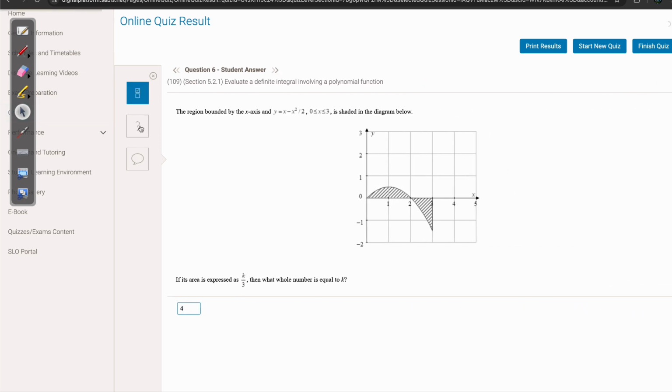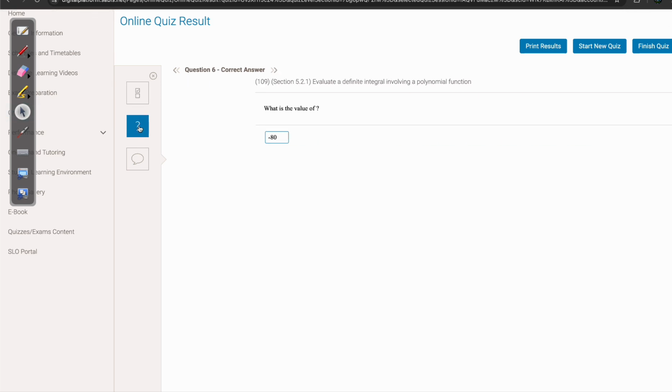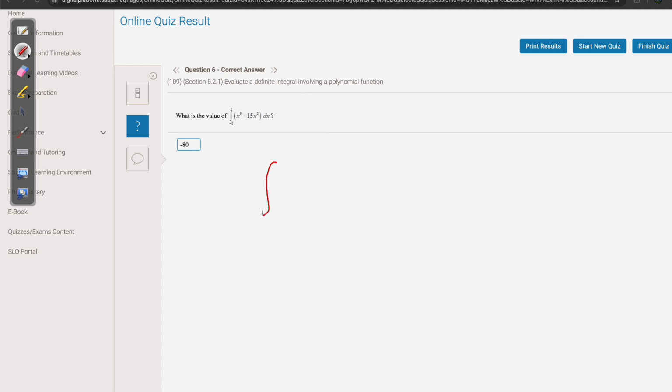Number 6. What is the value of the integral from negative 2 to 2 of x cubed minus 15x squared? Okay. So here I'll integrate manually, so I can help you guys out. So from negative 2 to 2, again the rule, let's say we have ax to the b, and we're willing to integrate. So the rule will be x to the power of b plus 1 over the new power, so b plus 1, which in this case x to the 4